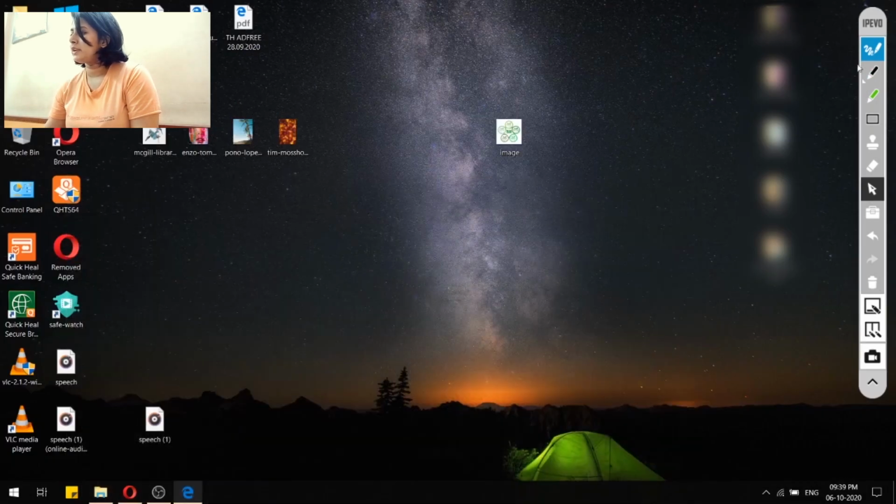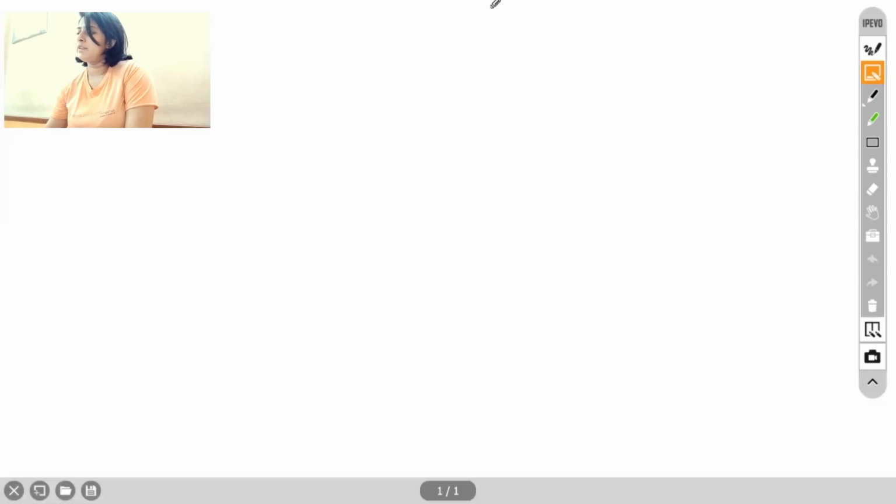Moving on to the next tool, there's a pencil tool out here, but to access this pencil tool, we need to go to the whiteboard. To go to the whiteboard, there's a whiteboard symbol out here. You can see the cursor there. When you click on this whiteboard symbol, you get this white screen. This is a whiteboard where you can do anything you want, basically teaching for this video. So this is the first whiteboard. By first whiteboard, I mean you can add whiteboards to it. So how do you add whiteboards?